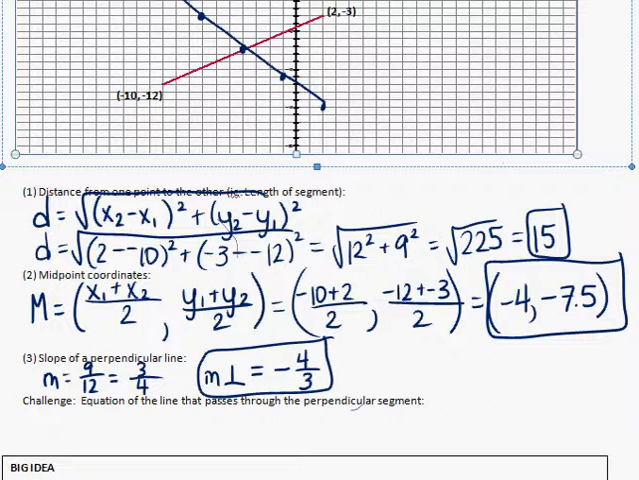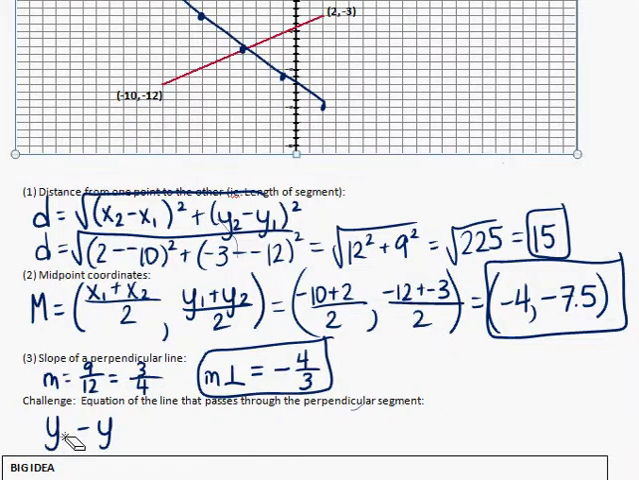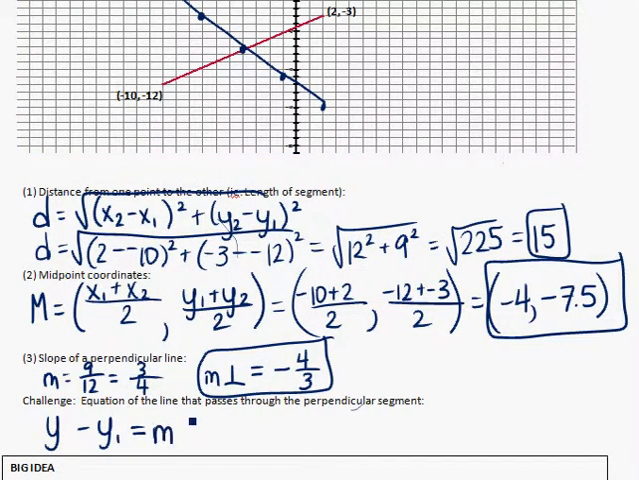Point-slope form, just to refresh your memory, is y minus y1 equals m times x minus x1. I might as well use my midpoint and substitute that in as the point that's on my line. So I'm going to use y minus negative 7.5, but instead of writing minus and negative, it'll be neater if I write y plus 7.5